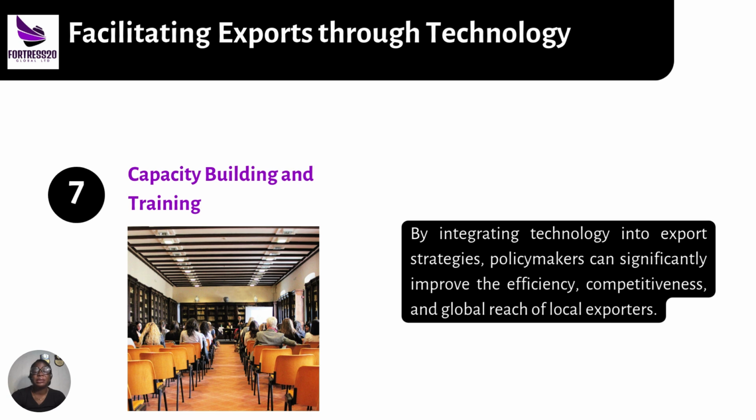Number seven, capacity building and training. Digital platforms offer online training, certification, and knowledge sharing on export related topics, helping exporters build capacity and skills. Policymakers can promote and provide access to these resources to equip exporters with tools and knowledge needed for success. By integrating technology into export strategies, policymakers can significantly improve the efficiency, competitiveness, and global reach of local